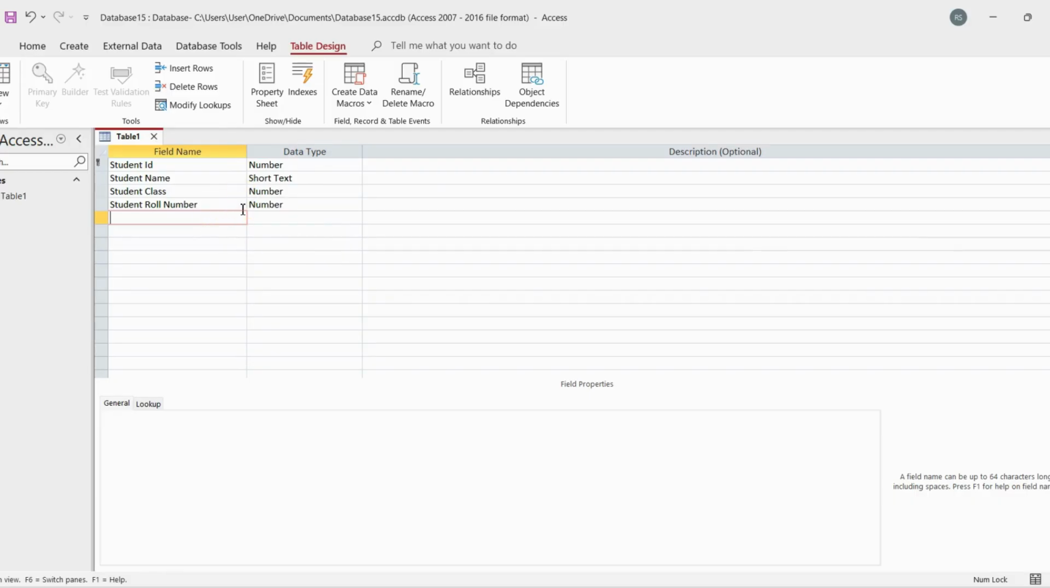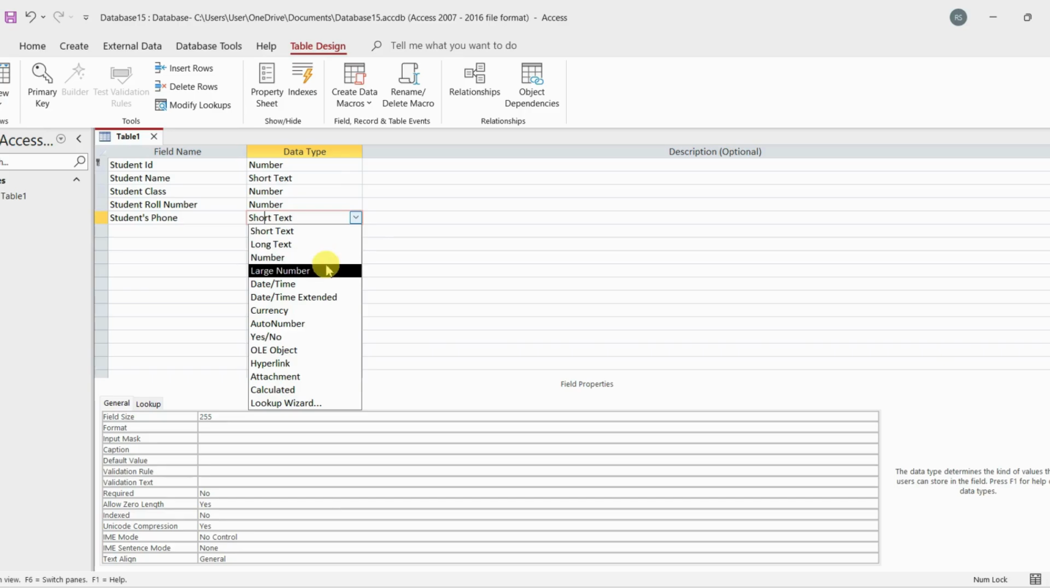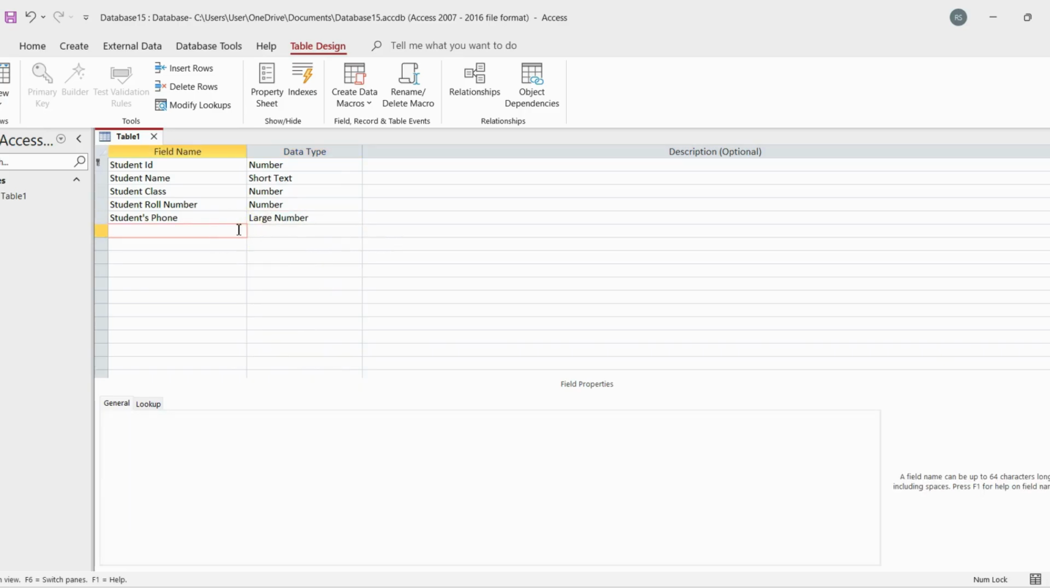Then I will add student's phone number, which will be large number. Then I will add father's name, which will be short text. Then mother's name, which will be short text. Then gender,